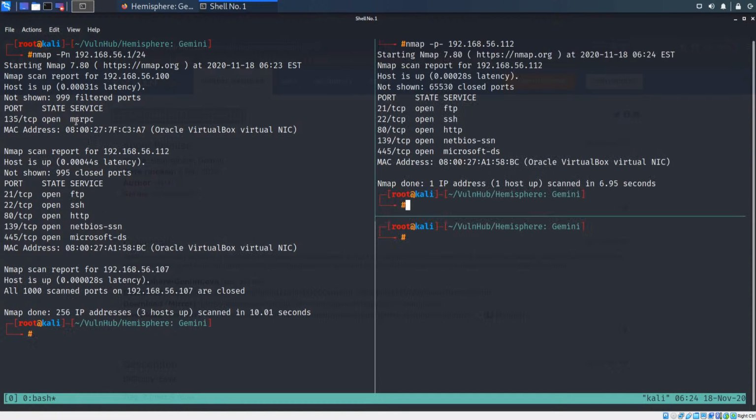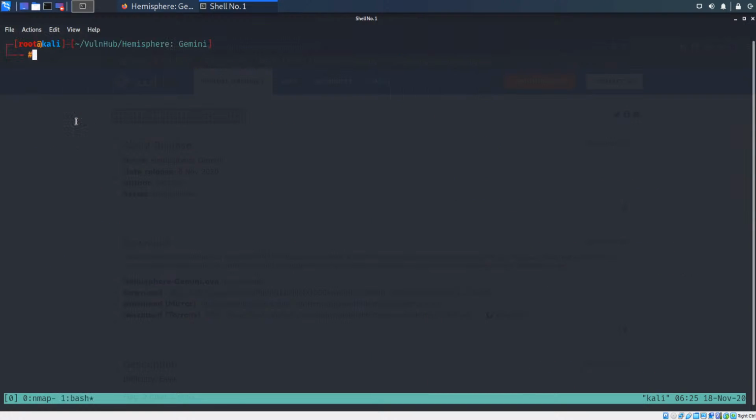21 FTP. Now I'm going to run an nmap default script scan as well as identify the version on these particular ports. It would make things much faster. So the ports are 21, 22, 80, 139 and 445 on the server, and let's use -sC for default scripts, -sV for version and -v2 for verbose output. Till then I'm going to create a new